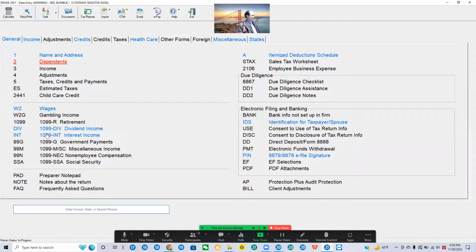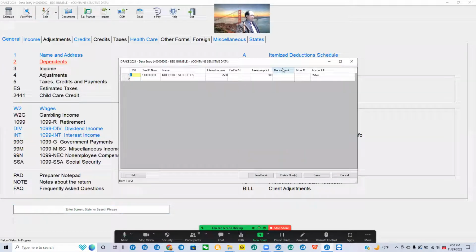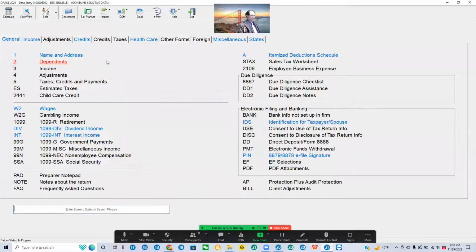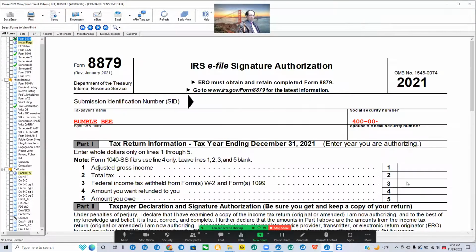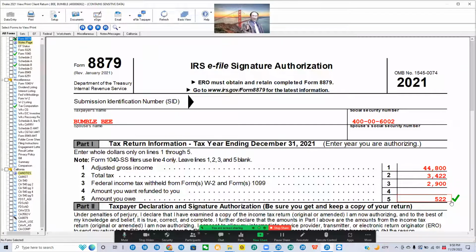Now let me get rid of that tax exempt interest. Save. 522. Do you see it? So whether or not I put that 500 tax exempt interest in, it doesn't matter for the federal income tax